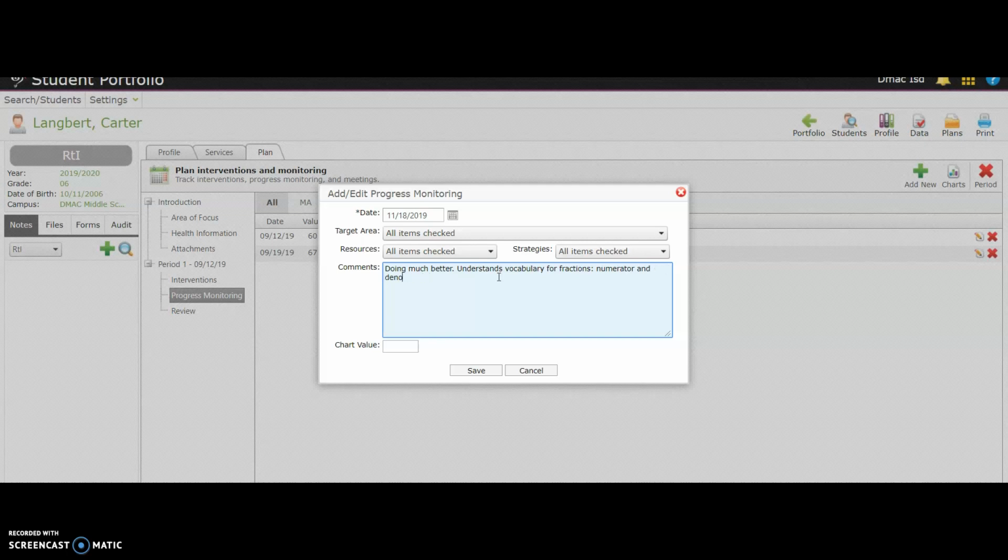Might help if I knew how to spell. Denominator, that looks right. Okay, so let's say that she actually made a 70 on her most recent quiz for